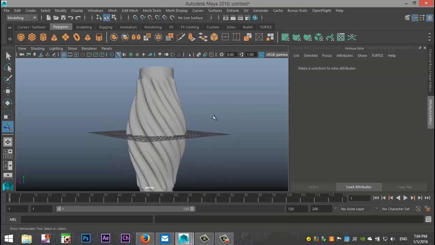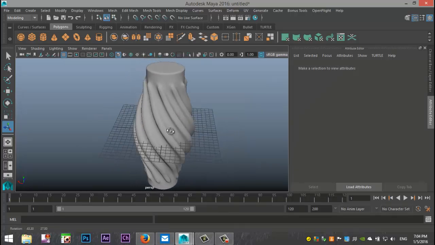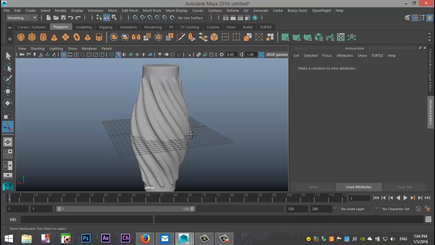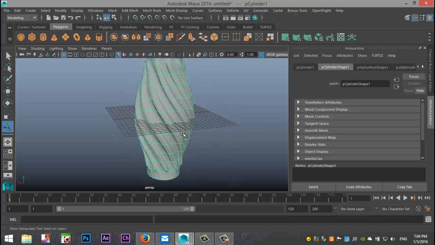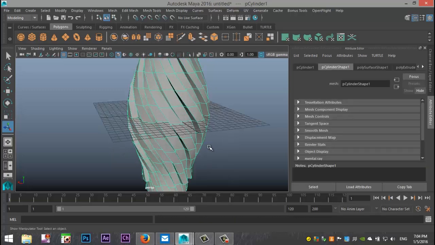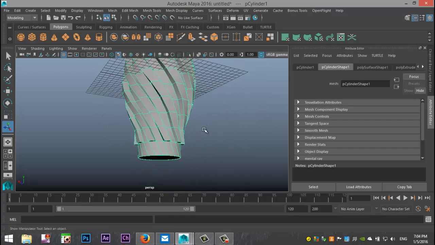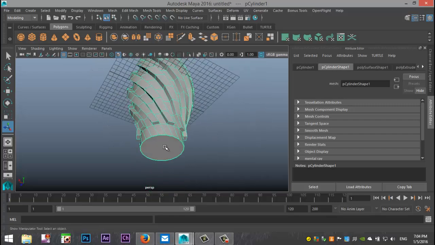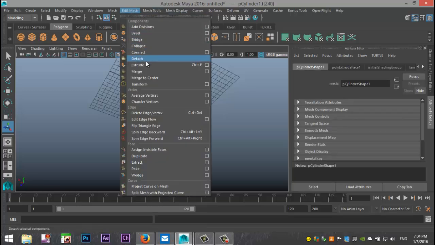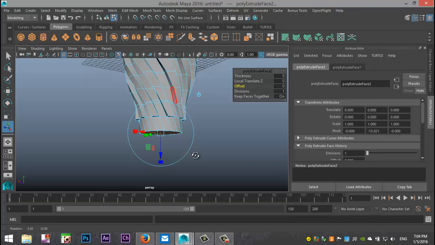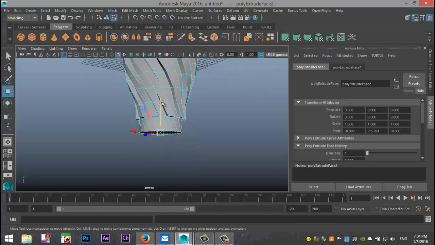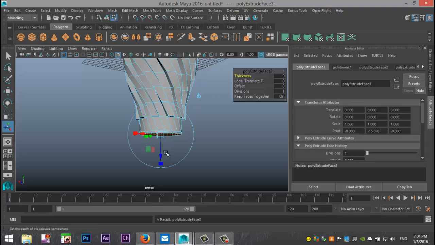As you can see, that kind of maintains the shape nicely, top and bottom, so that's okay. And what we're going to do now is select it again, hit 1 to unsmooth or unpreview smooth. We're going to go down to the bottom here, right click face, edit mesh, extrude again. We're going to hit W, pull that down just a little bit,